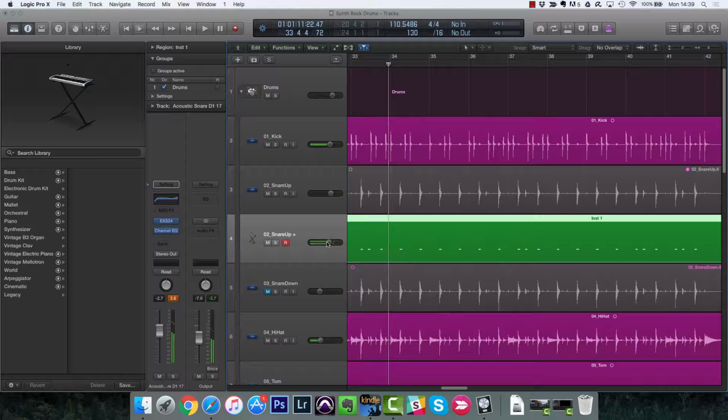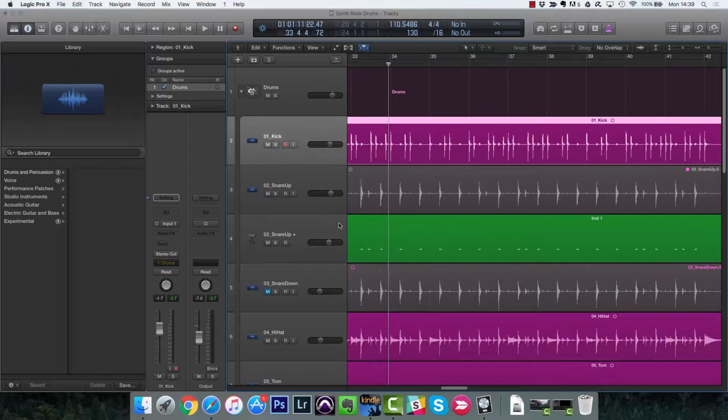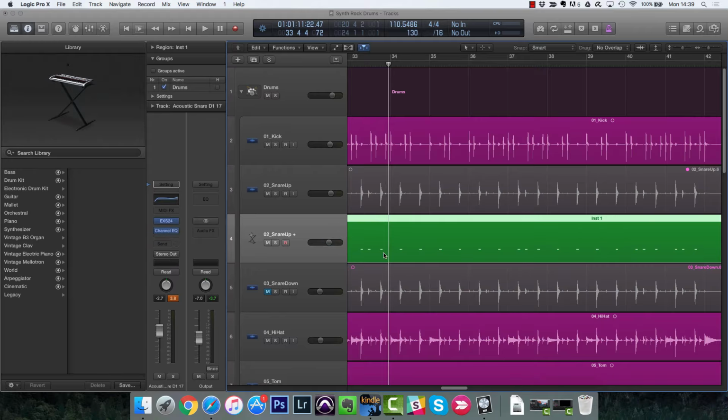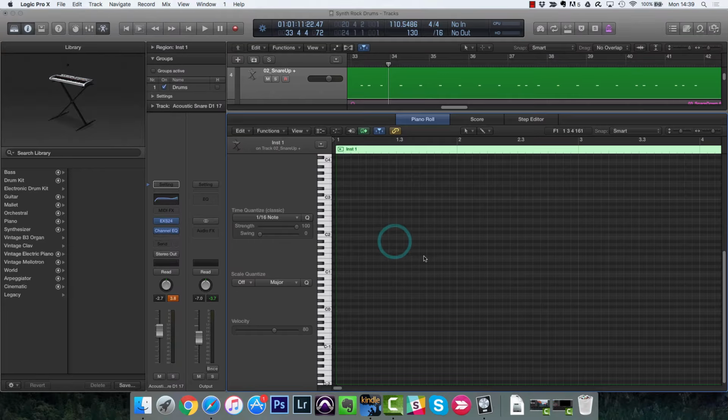Something like that. So that's one way, that's replacement, and that's really good if you've recorded in a really bad room, for example, and you want to replace most of the close mics, you want to replace the snare, and then of course we could also replace the kick, and just have the overheads up for dynamics, but have them quite low. And then what you can do is just go into this and play with the velocity a bit